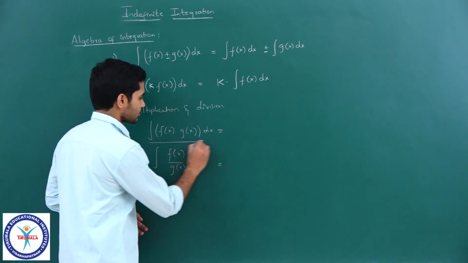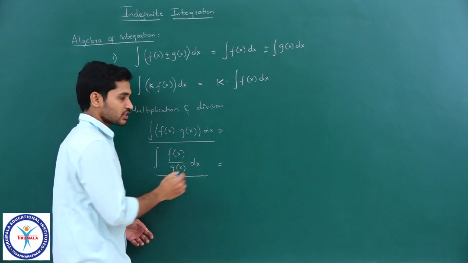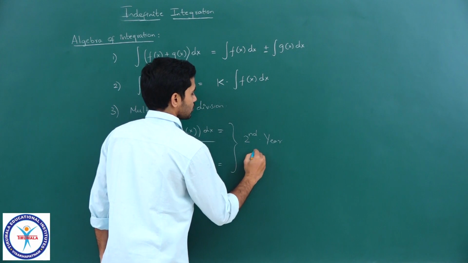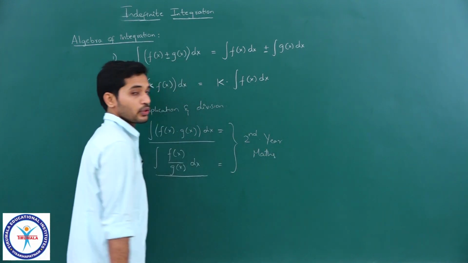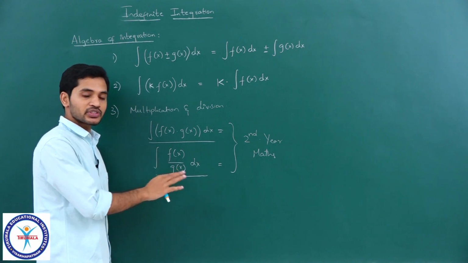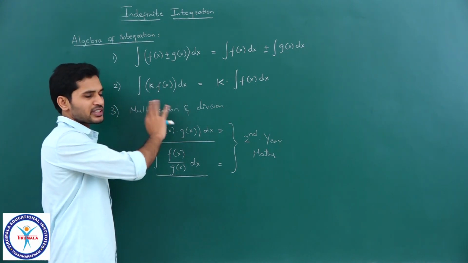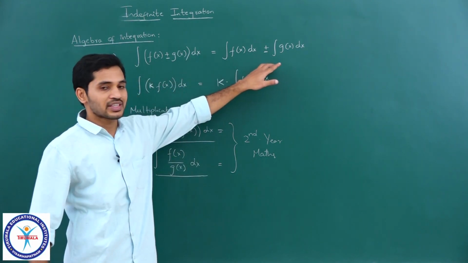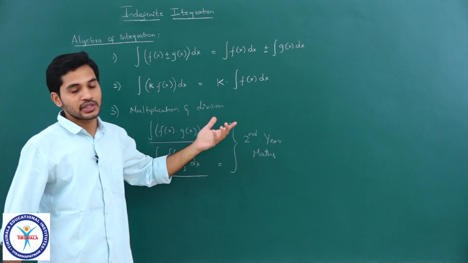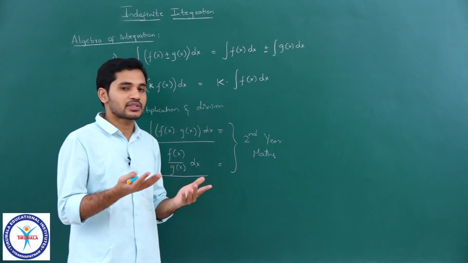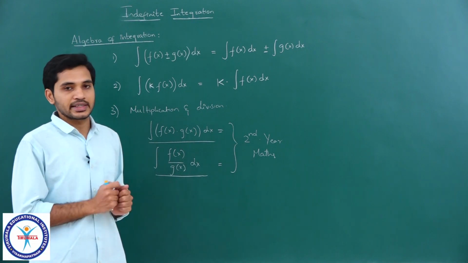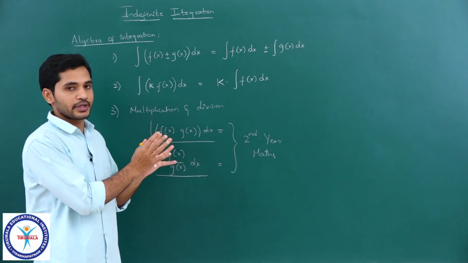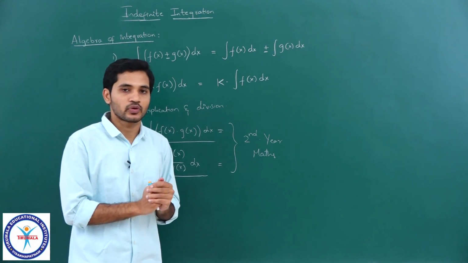So you will be learning these types of integrations in second year maths, clear. We do not need that now, we will not be calculating, we will not be using it in physics anywhere, right. So we will be just dealing with basic integrations in physics, clear. So normal sum rule and constant multiplication rule, that is enough for us. We will not be dealing with these high level integrations and all. So which is a good thing for us, we need to know limited things and we need to learn it properly, right. So that is where our concentration should be, okay.